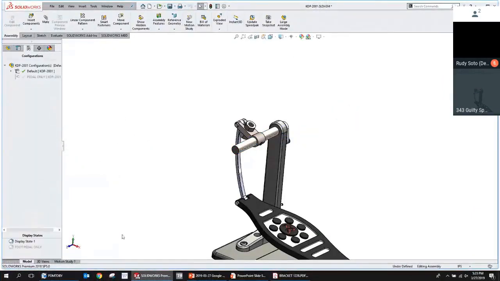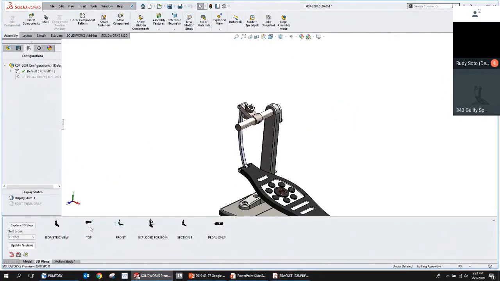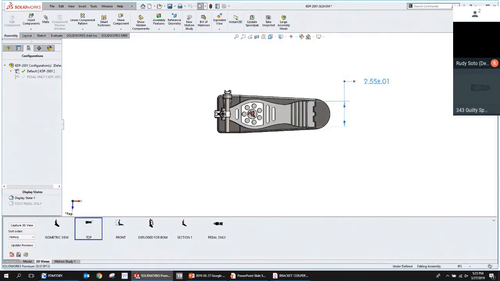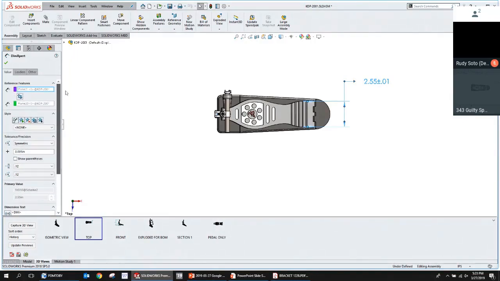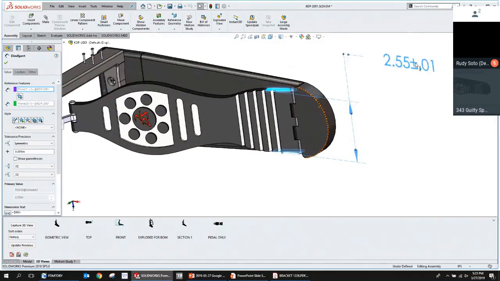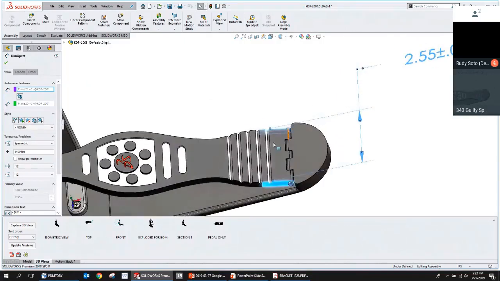Now, if I go to a DimExpert dimension, like this dimension here, you can see this property manager looks very similar, but there are some differences as well because it's referencing those datums, or in this case, not the datums, but the reference planes that were created during the dimensioning process. Because when we view this dimension in the 3D PDF, these faces will highlight.